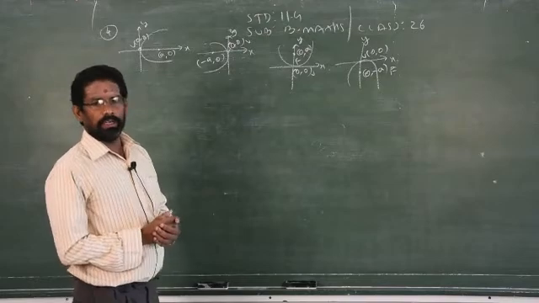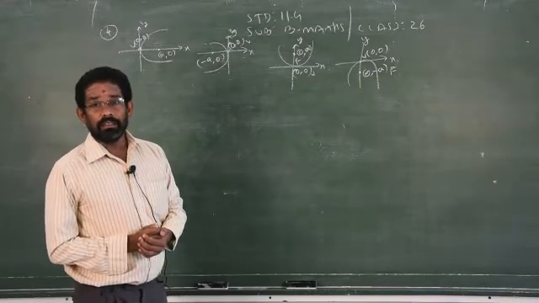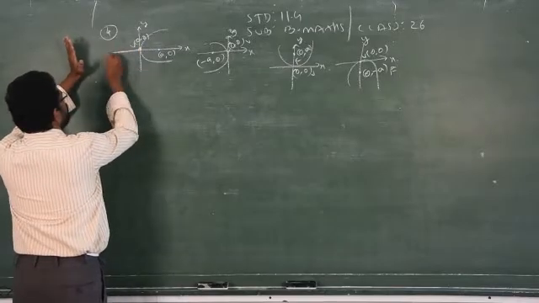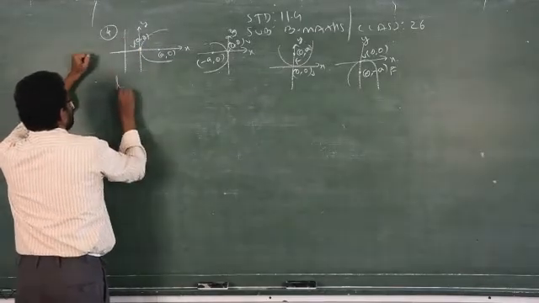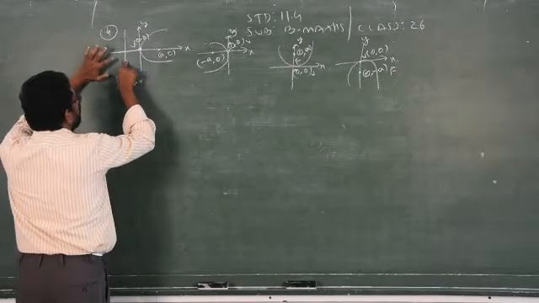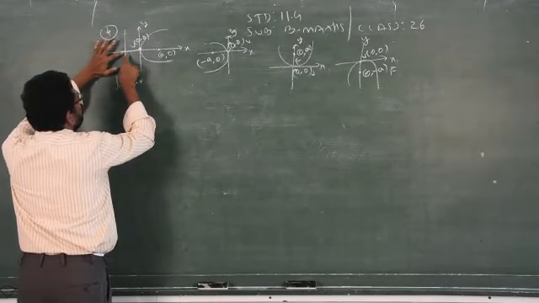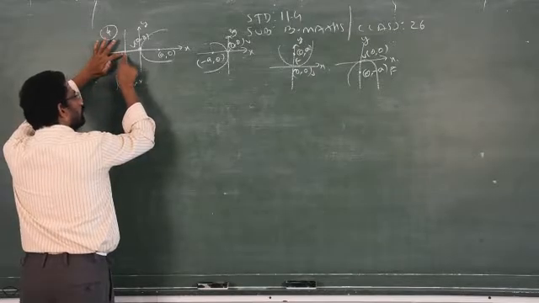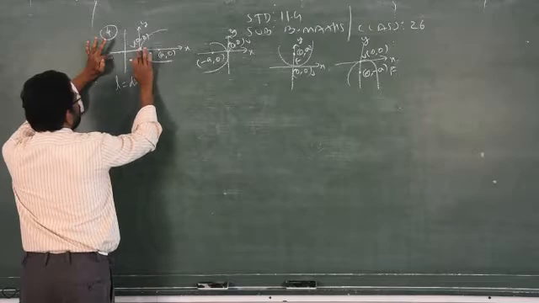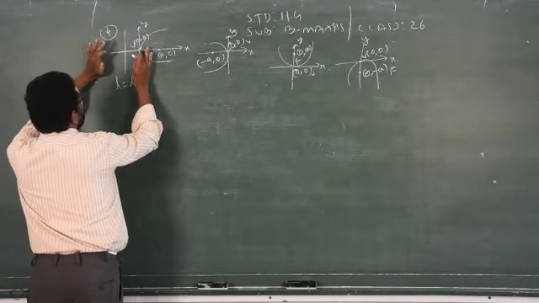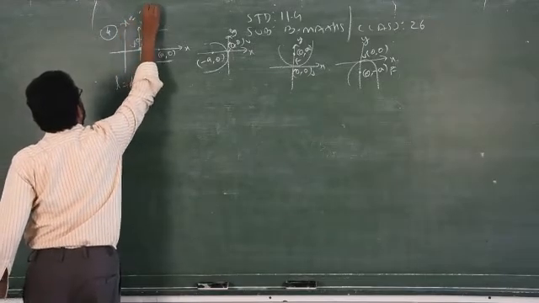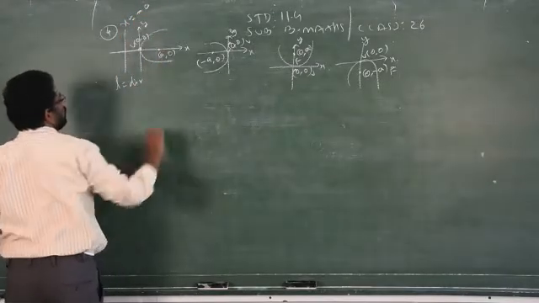So now you have to find out the directrix, just opposite of the focus. This is the directrix, L. So this line is passing through a point on the x-axis. There is one condition: the distance from the vertex to the focus will always be equal to the distance from the vertex to the directrix. So you can take this as x is equal to minus a, opposite sign of the focus.